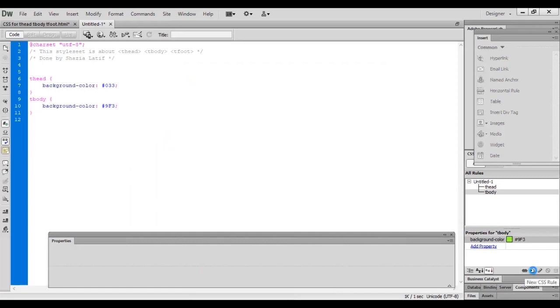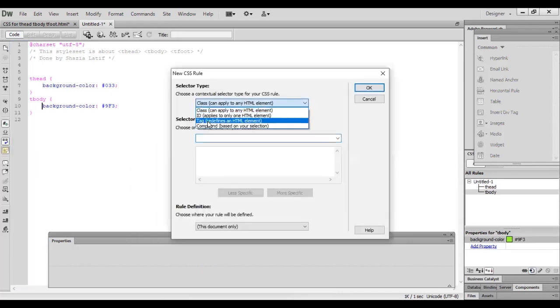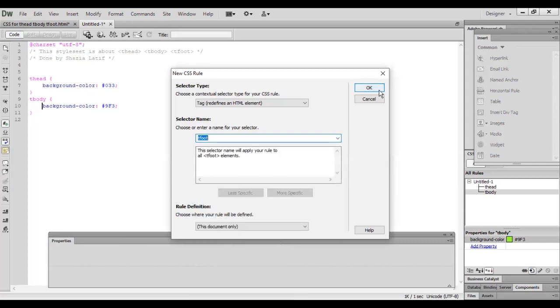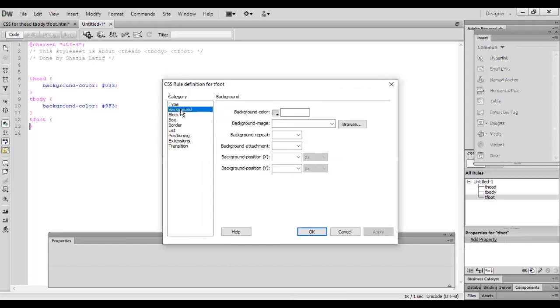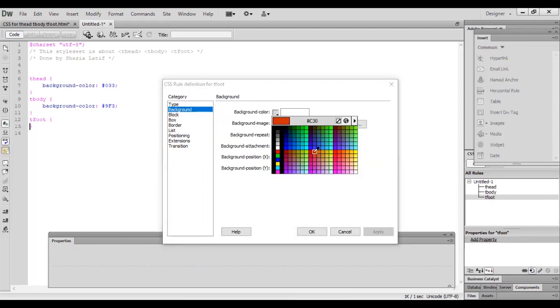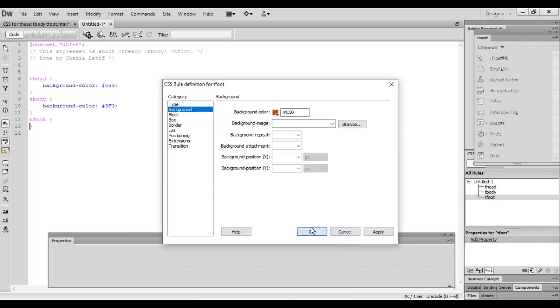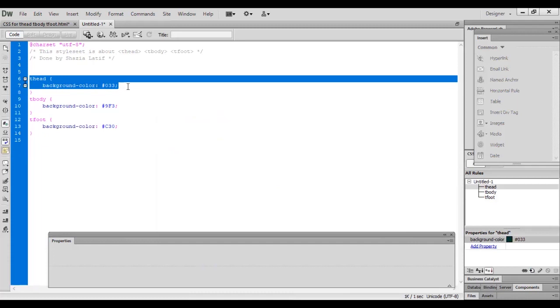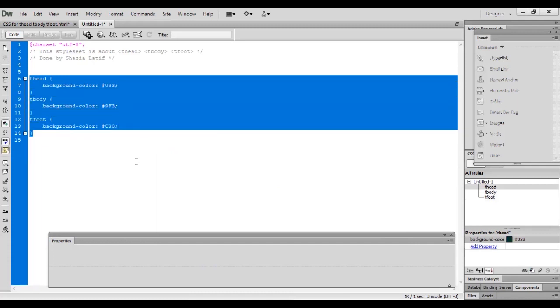The last one is T foot. Find T foot. This is the T foot tag. Okay, and this time I would like to set the background color to red. So this is for T head, T body and T foot.